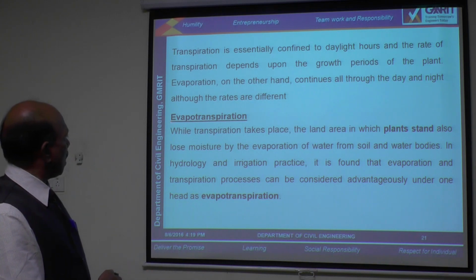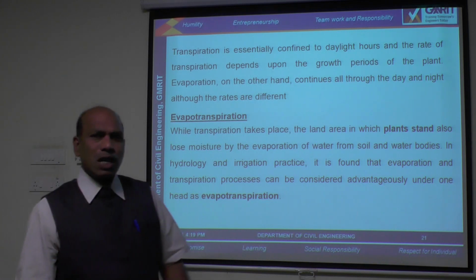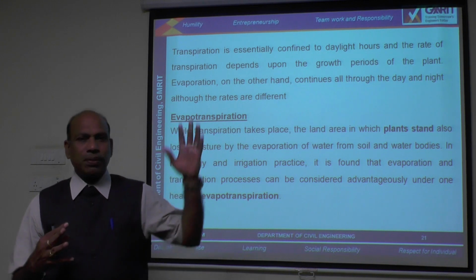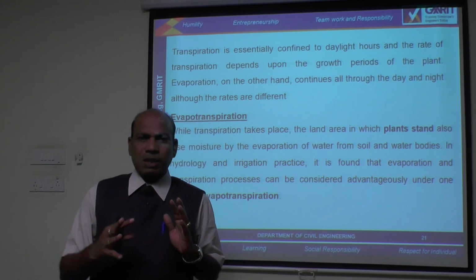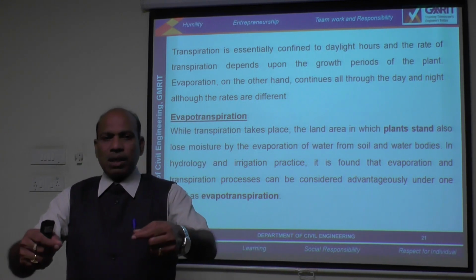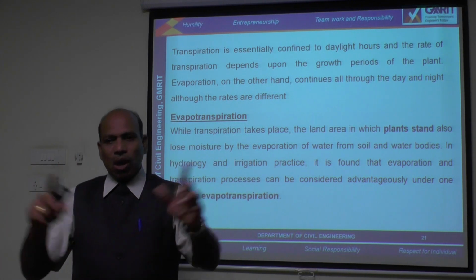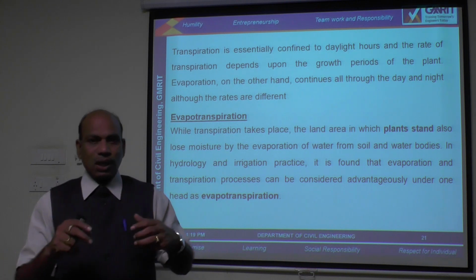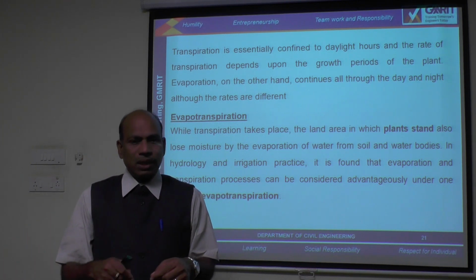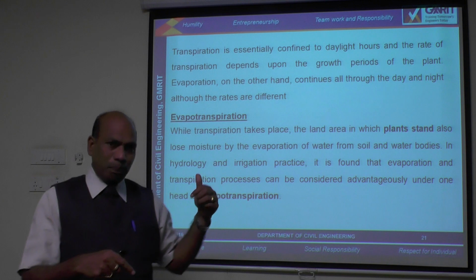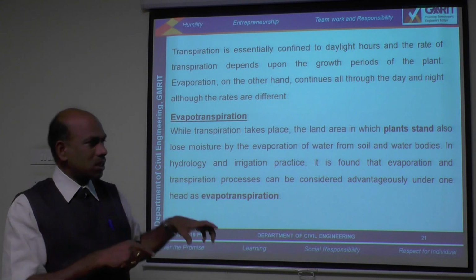Next one is evapotranspiration. Evapotranspiration is the combination of evaporation as well as transpiration. Here we have one plant, and that plant has surrounding soil. The soil has some moisture. The water evaporates from the soil as well as from the plant. That system is nothing but